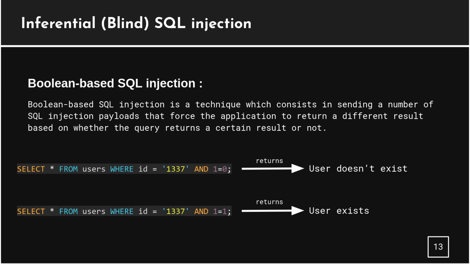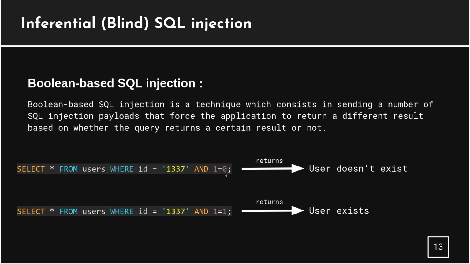So let's start off with the easier of the two, Boolean-based SQL injection. It is a technique that ultimately consists in sending a lot of SQL injection payloads that force an application to return a different response based on whether the query returns a result or not. So in short, we're basically asking the database yes or no questions, which it would reply to, of course. Now in the illustrated example here, let's say we're selecting everything from the table, just like this in the query: select everything from the table where ID is equal to 1337